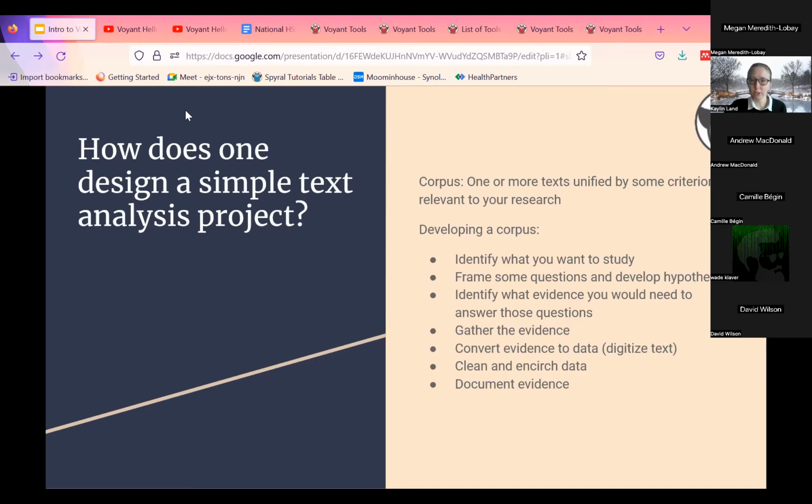And so in order to do this, you're first going to need to develop a corpus. And a corpus is just one or more texts that are unified by some criterion that's relevant to your research. So if you want to develop a corpus, you're first going to need to think about what you want to study. And then you're going to want to frame some questions and develop some hypotheses. So for example,